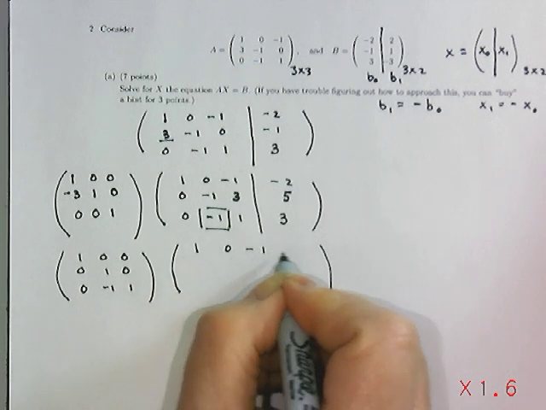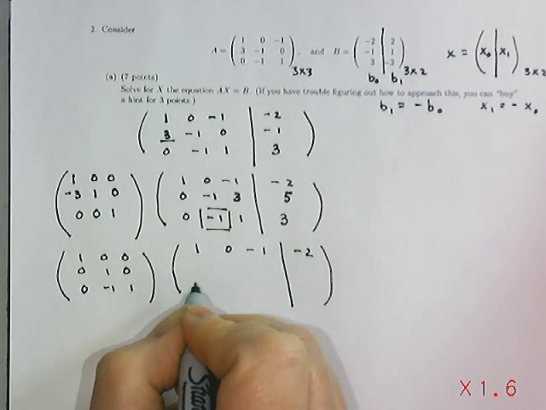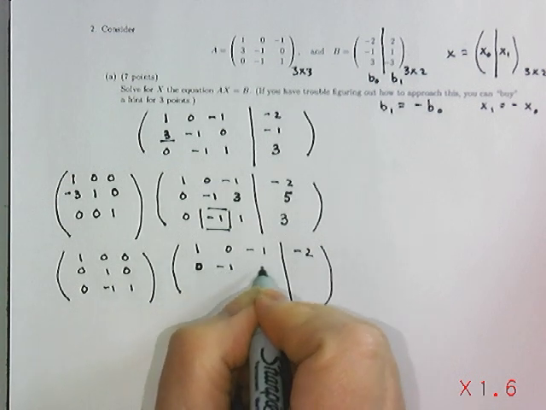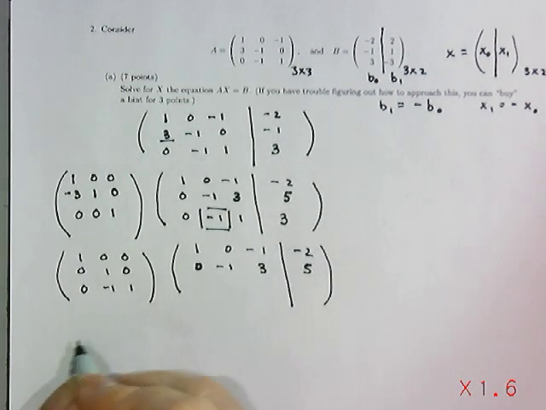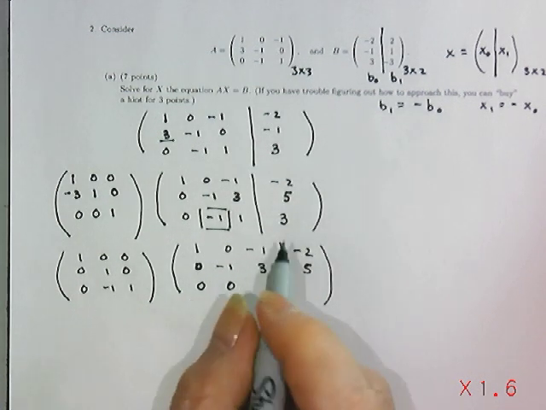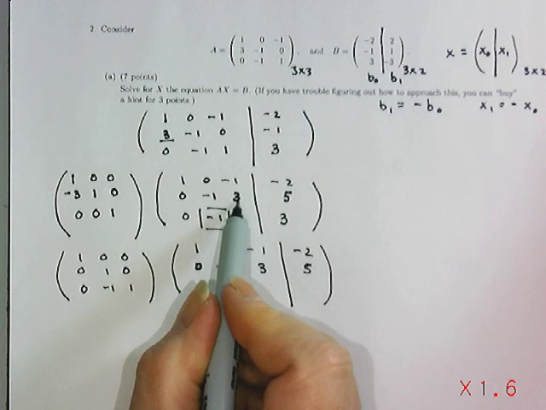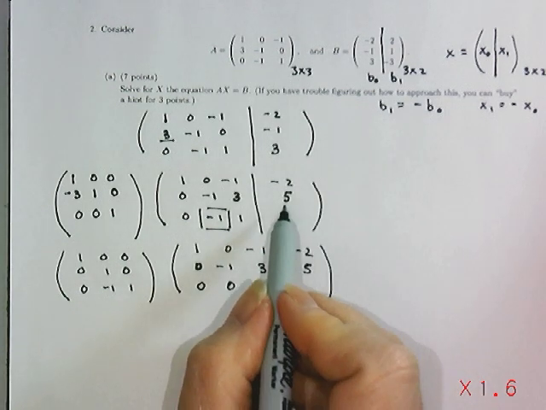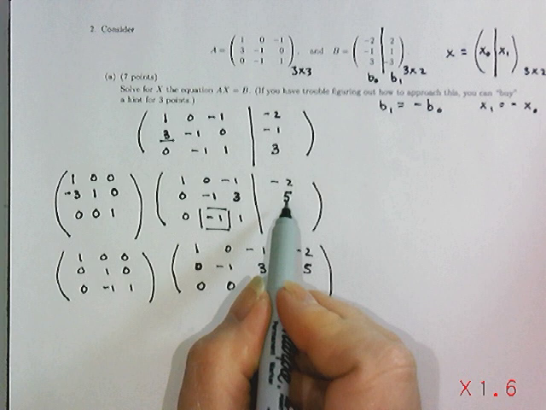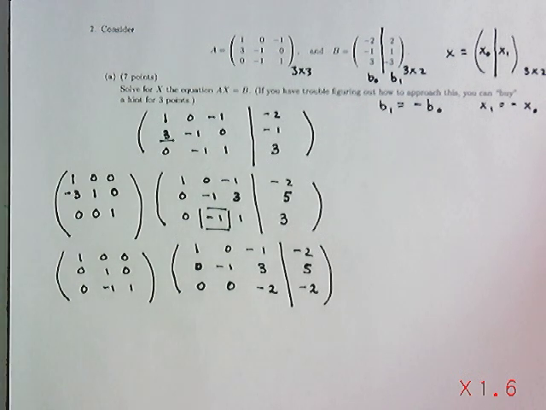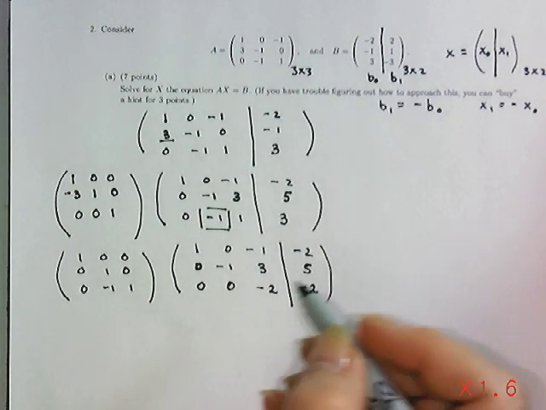1, 0, negative 1, negative 2 in the first row as before, a 0, negative 1, 3, 5. Same as before in the second row, but now the last row becomes 0, 0, and then negative 1 times 3 is negative 3, plus 1 is negative 2, and negative 1 times 5 is negative 5, plus 3 is negative 2. So now I have my upper triangular system, and I need to use backward substitution, which means that